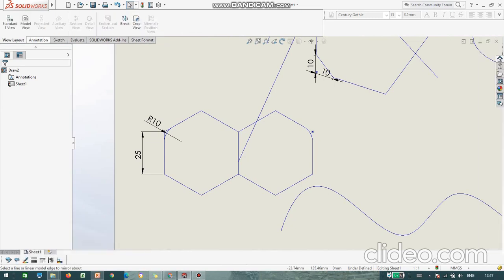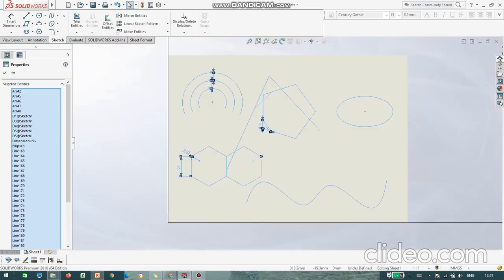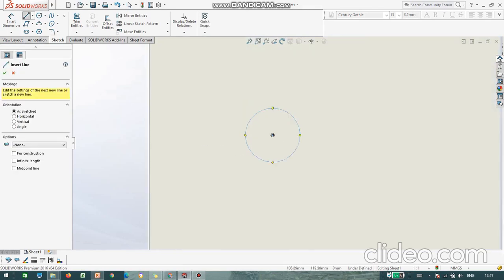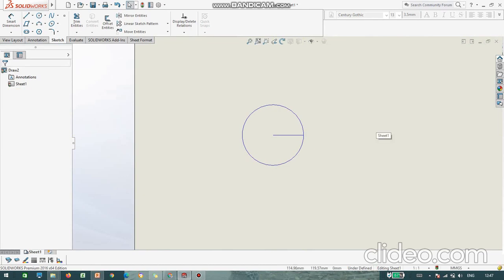Next we have linear pattern and circular pattern. In order to explain that, I'll draw a circle. If you want to divide a circle into some equal parts, let's say 8 equal parts, what you usually do is draw some lines 4 times and again divide it. Instead of that, we have an option called circular pattern.